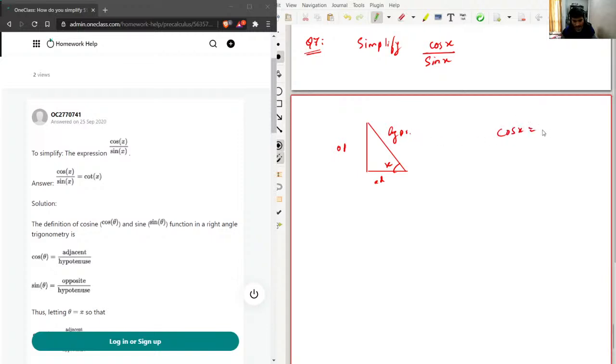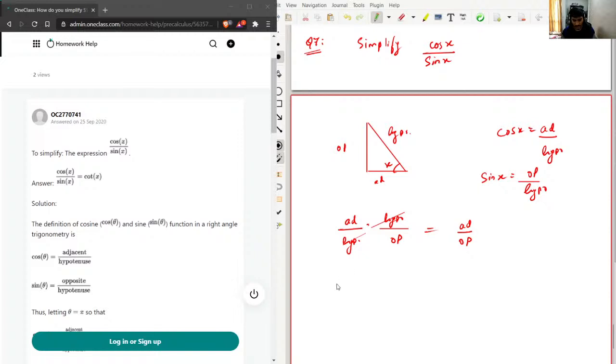Cosine x is adjacent over hypotenuse, sine x is opposite over hypotenuse. So we'll put the value of cosine x and sine x back in this equation. So this will become adjacent over hypotenuse times the inverse of this, which will be hypotenuse over opposite. Hypotenuse and hypotenuse get cancelled and this becomes adjacent over opposite, which is this one